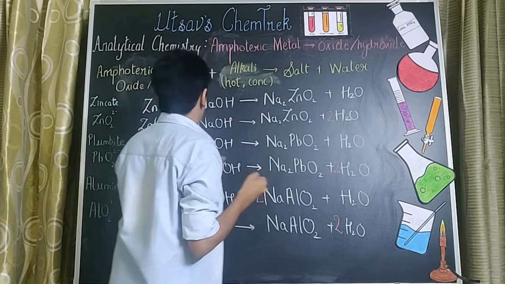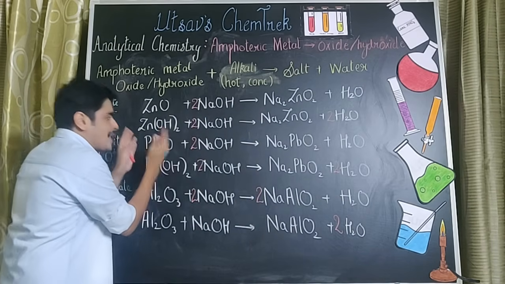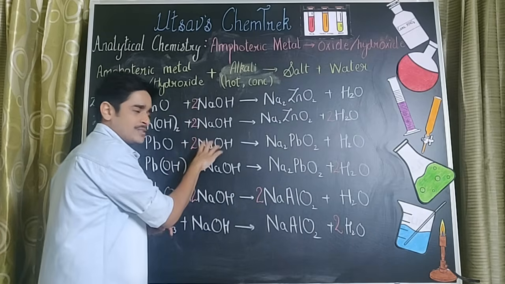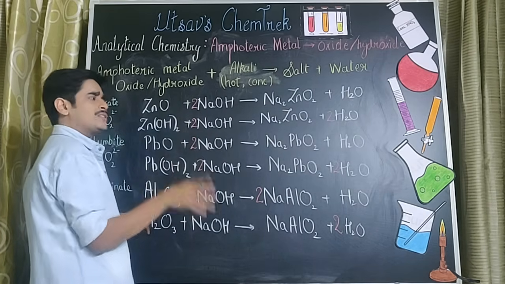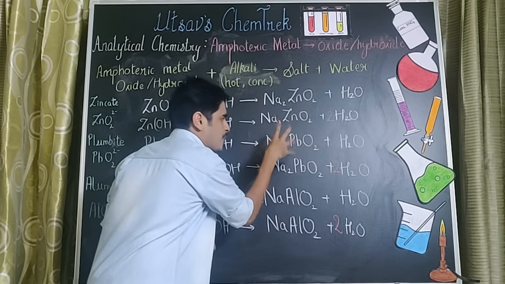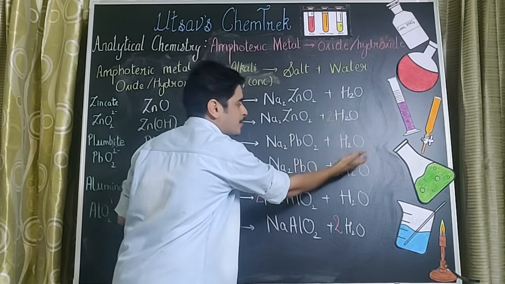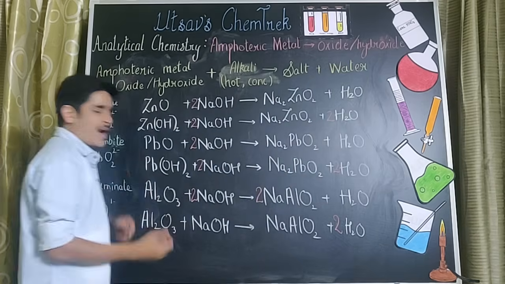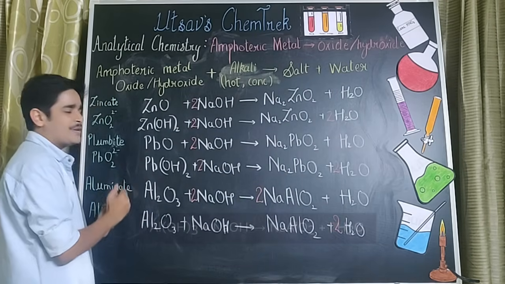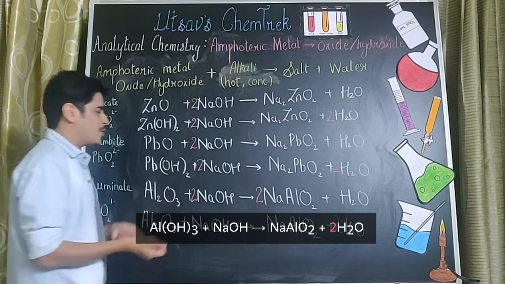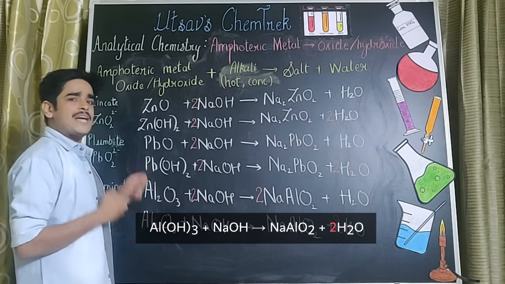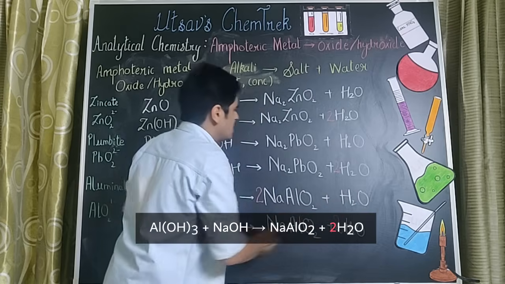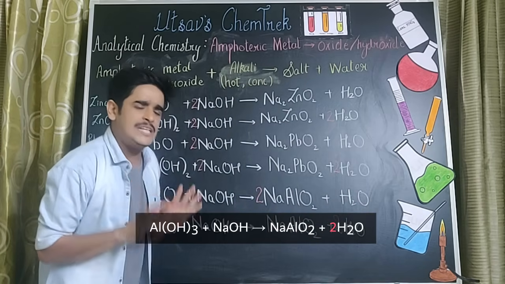Now in the next part we are going to take lead oxide or lead hydroxide, which is again going to react with sodium hydroxide. In this particular case the salts are again going to be the same. I am going to get sodium plumbite with the formation of water, given by the formula H2O. And in the last part I am going to have aluminium oxide or aluminium hydroxide again reacting with sodium hydroxide. This time the salt is sodium aluminate with the formation of water. The equations, to be very honest, can easily be balanced.